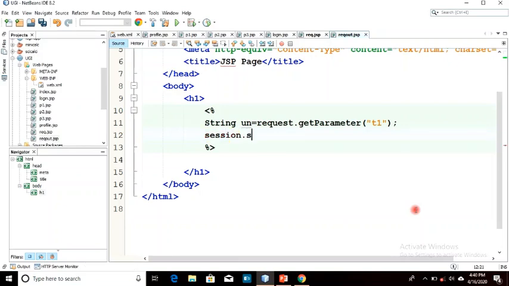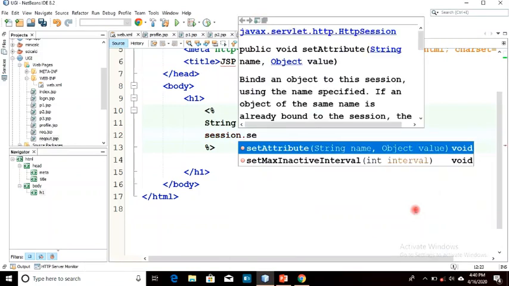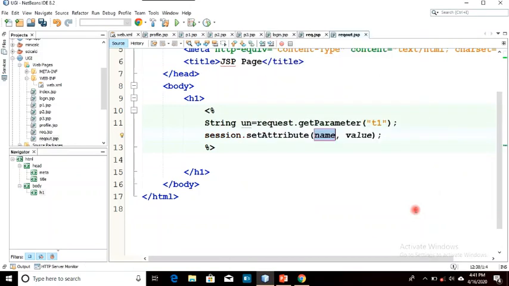So session.setAttribute, and here I have declared user, and the value is un.